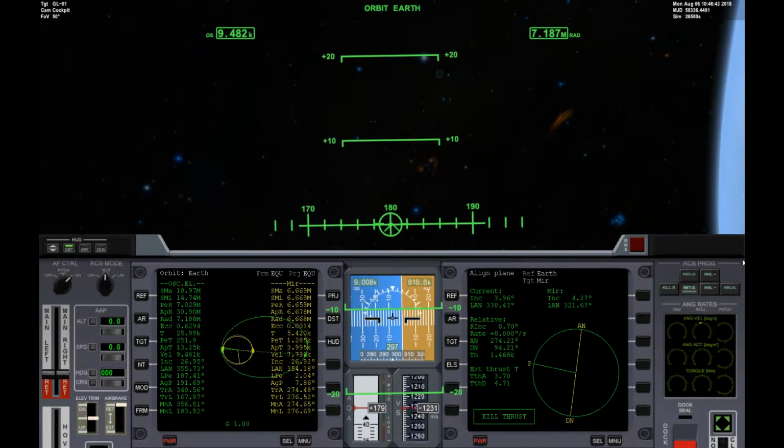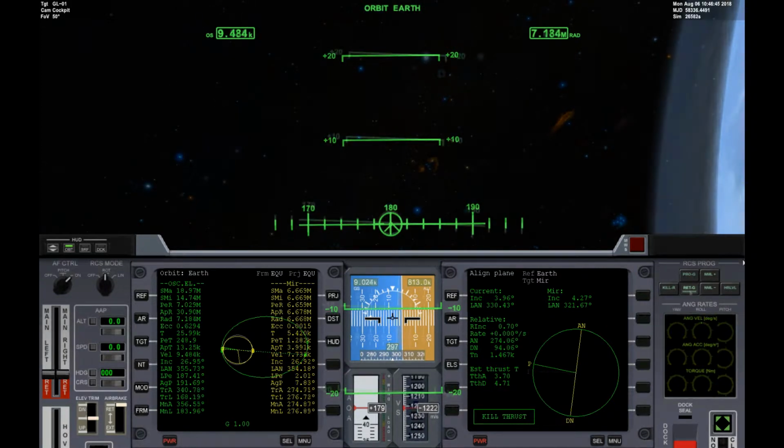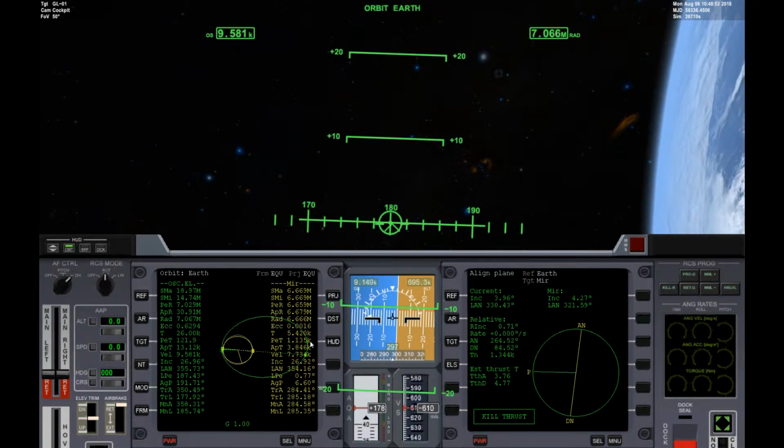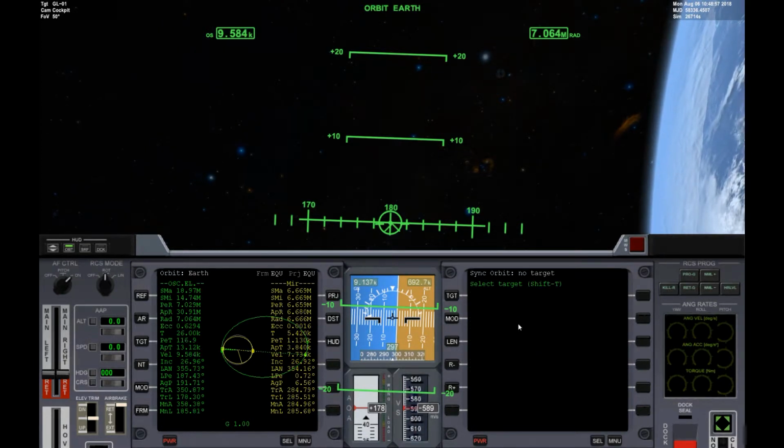Okay, so we'll just sit here until about 50 seconds out from the node. Okay, you know what? I changed my mind. Here's what you should do. If you're in this situation where your orbit's really high up, what you should do is you should sync orbit,